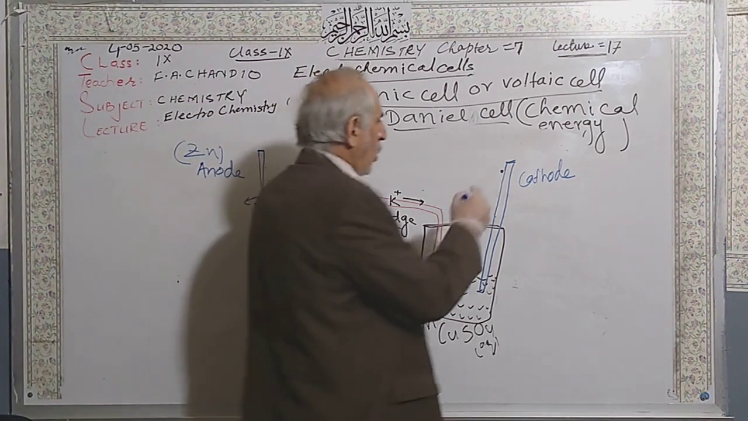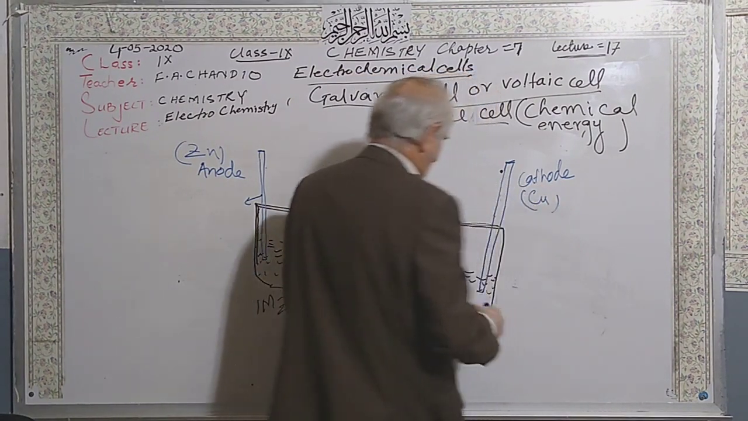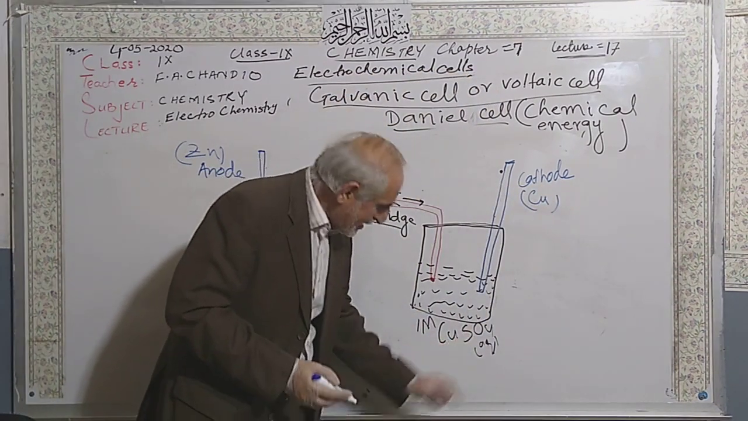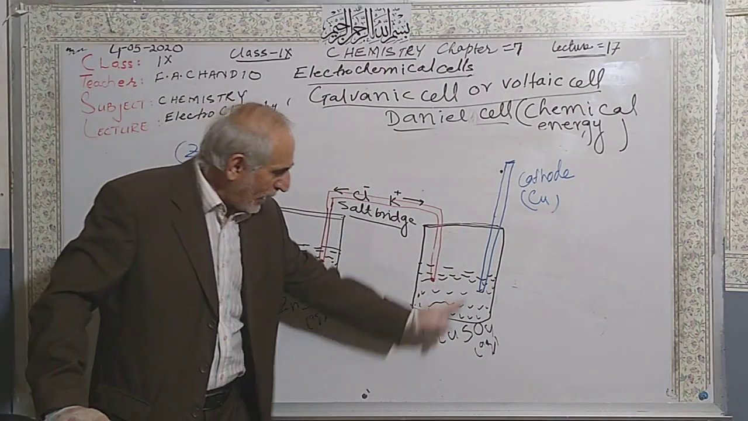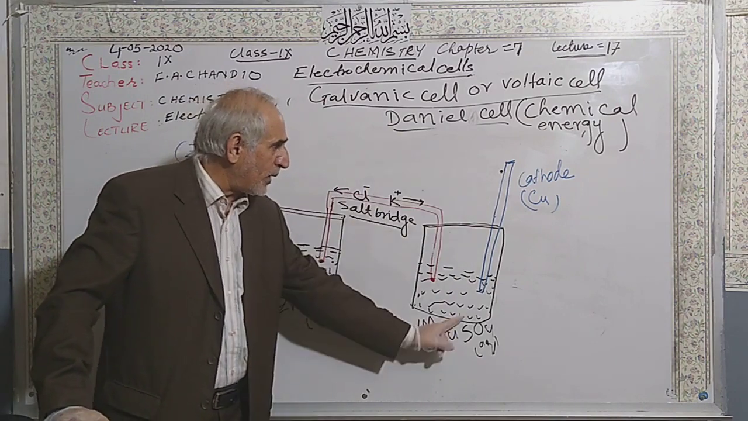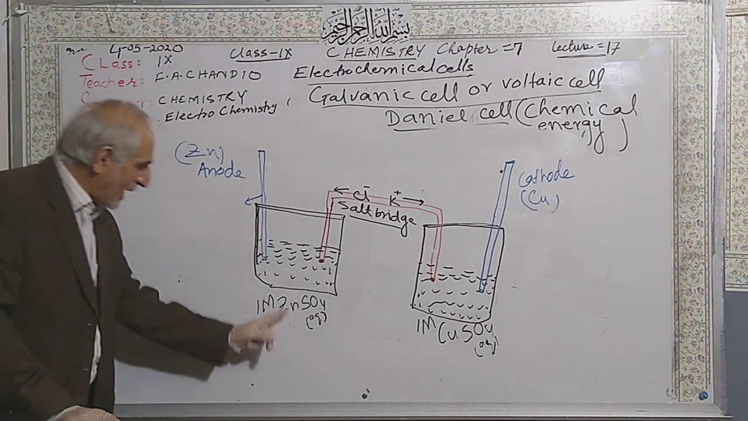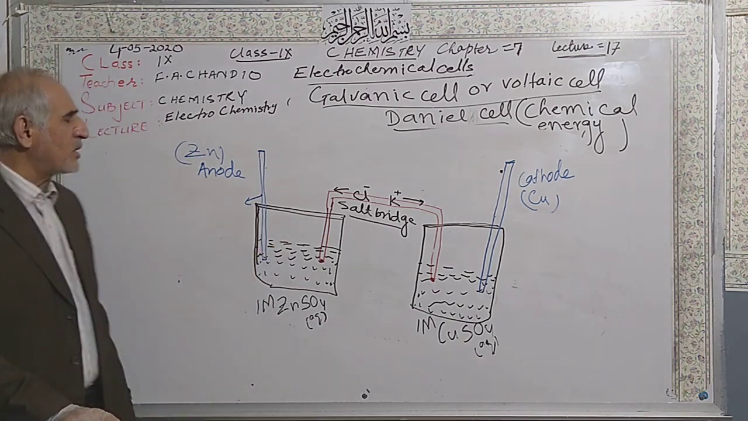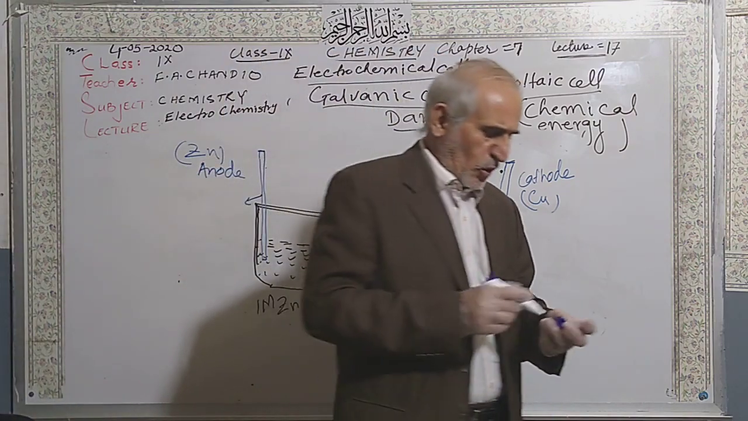And copper, made up of copper, because copper ions are there. Same. Copper ions are there, I put copper as a cathode. And zinc ions are there and I use a zinc metal. So, dear students, the very important thing,